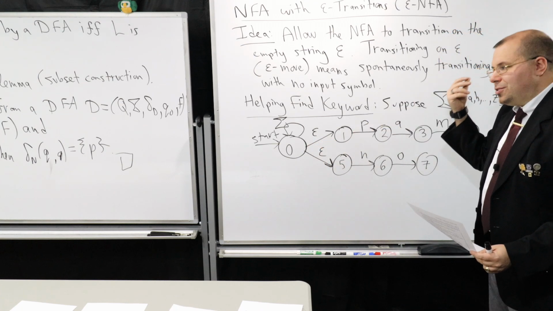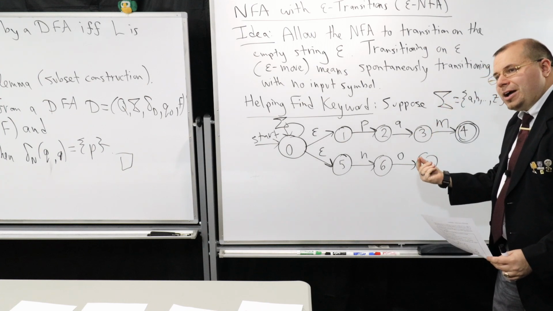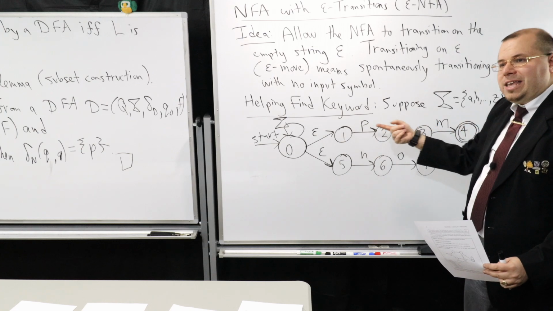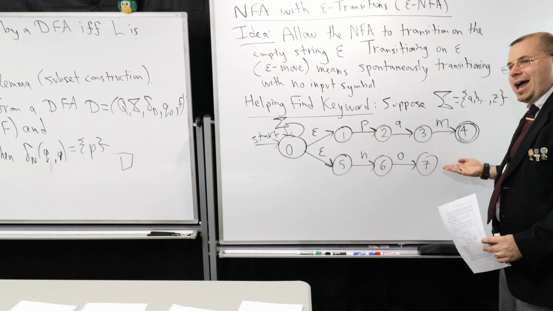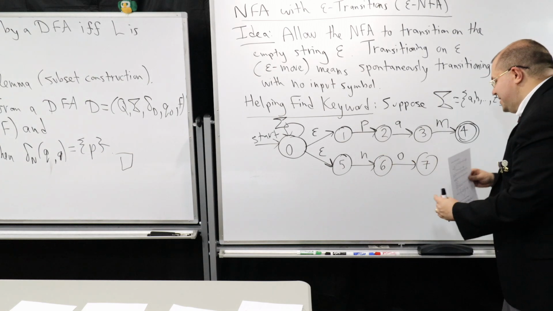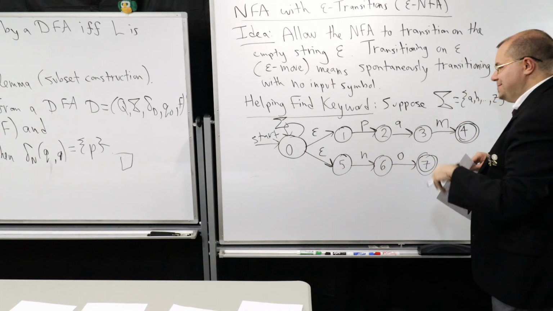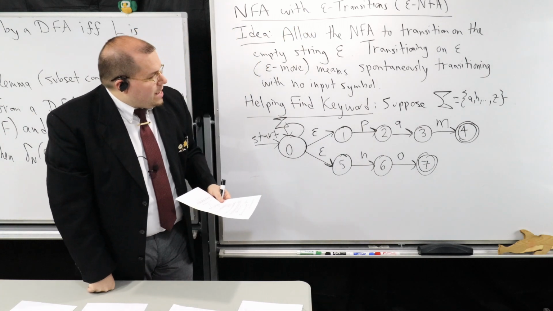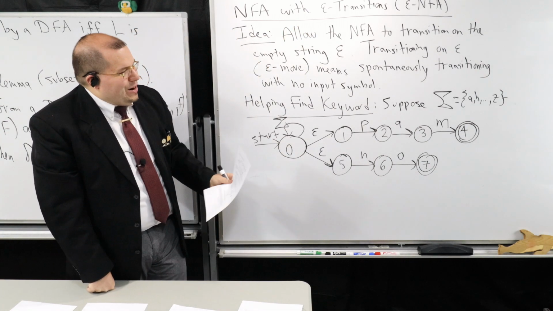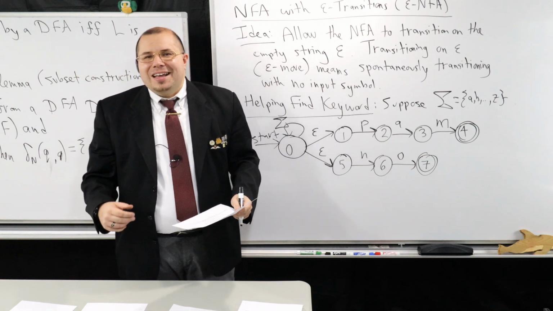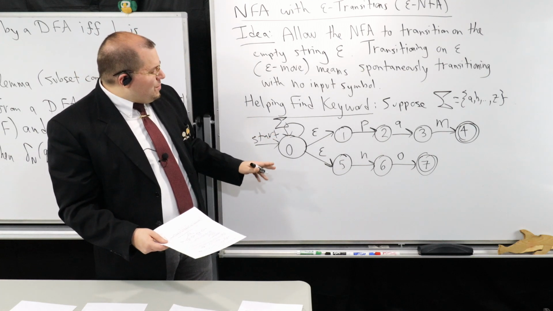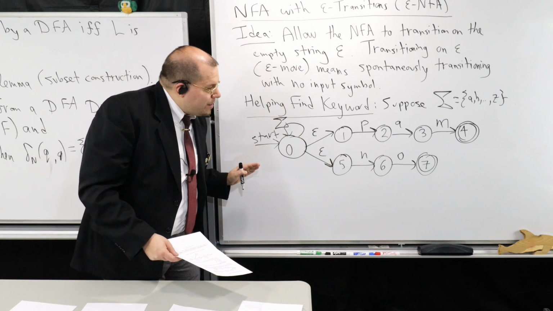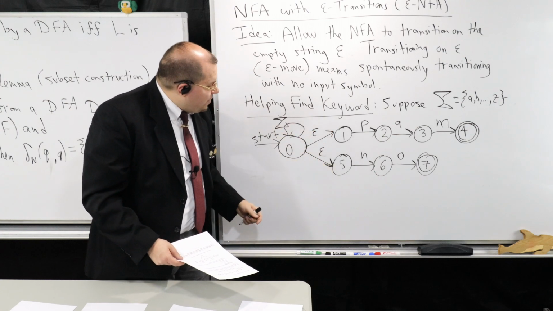So notice, instead of having to transition on a symbol, now I could just get there for free all of a sudden right here, and I could literally design my keywords as if they're literally paths. I don't have to do anything fancy-pantsy. Actually, I forgot a final state right there. Let's put that there. So this epsilon NFA, for example, will help you detect keywords Pam and no. Does everybody understand the idea? So notice that when I use epsilon here, it spontaneously will allow me to go to state 1 or state 5.